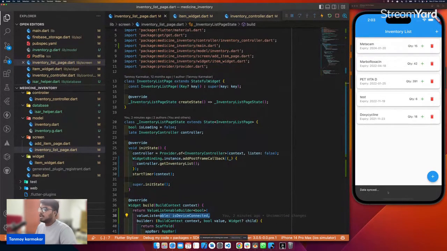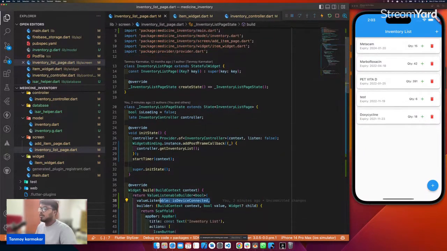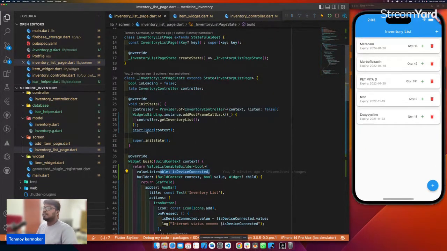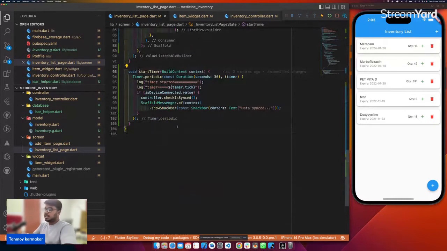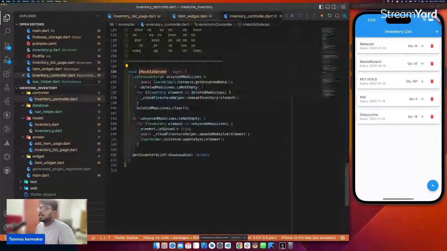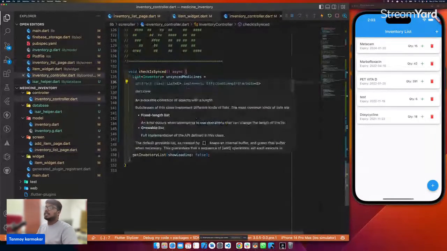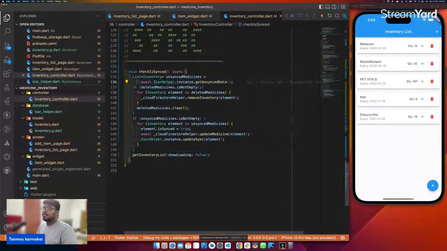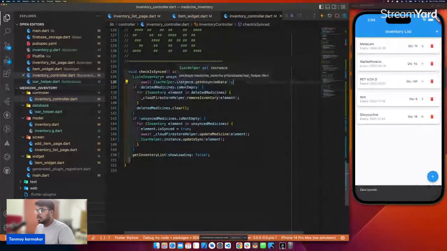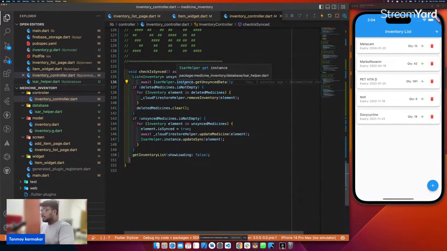See, data synced. Now how am I doing that? What I am basically doing is starting a timer, and after every 30 seconds I am checking whether there is internet, with a function that I have created, check is synced. Here I'm getting all the unsynced data from the local database, then uploading the data to the server, and then changing the is synced flag in my local database to true. That means every unsynced data that was previously there has been uploaded to Firebase,